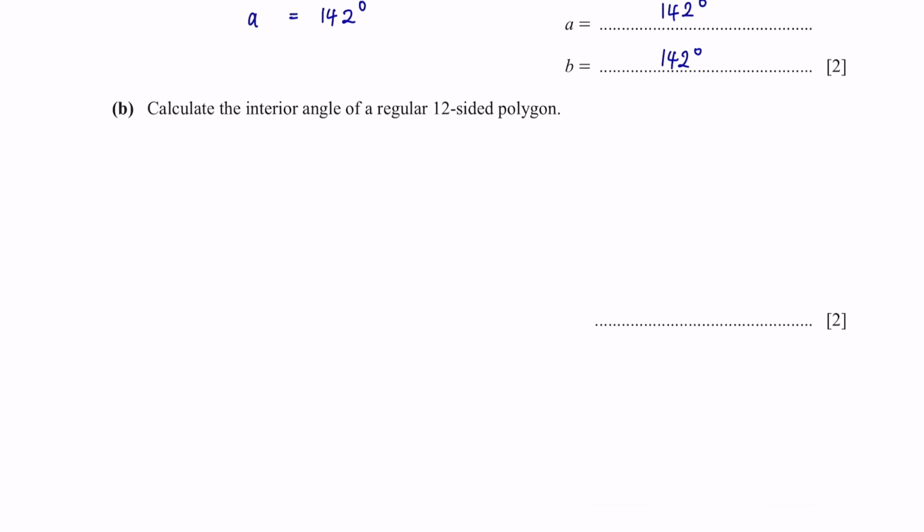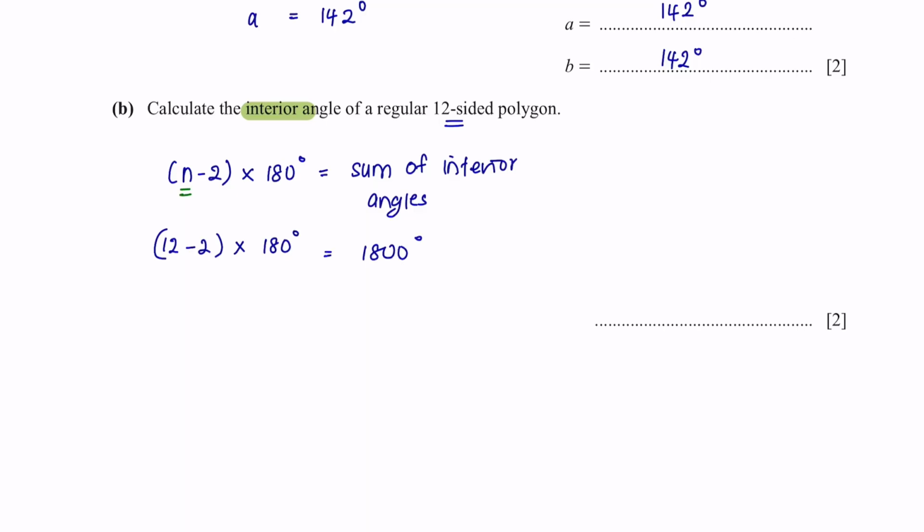Next, question B. Calculate the interior angle for a regular 12-sided polygon. To answer this is pretty simple. First of all, you need to remember the formula to find the sum of interior angles for a polygon, and here n is representing the number of sides. So the sum of interior angles for this